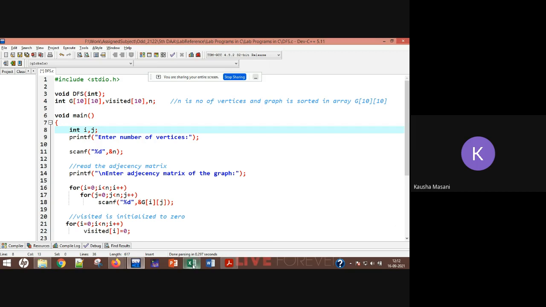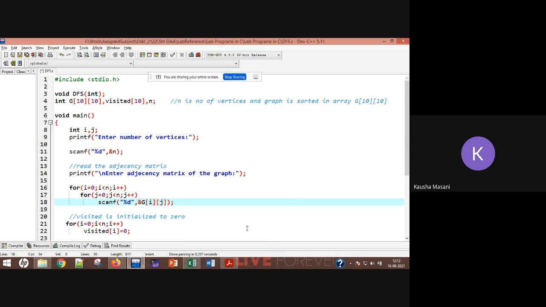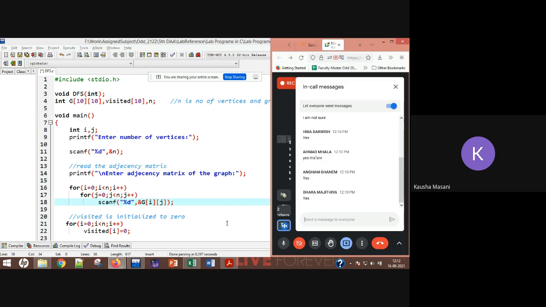Now do you remember your DFS? Anything about your DFS? Depth first search. Anything you remember? What is your DFS? Yes or no?